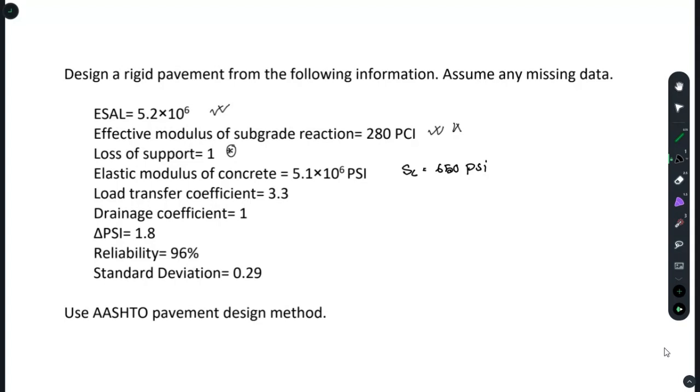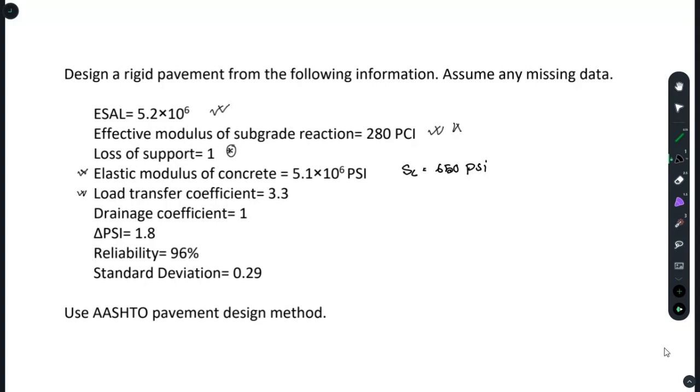and it has a range of values, probably 0 to 1. If it is 0, we don't consider there is any sub base. We just say we are laying our concrete slab on subgrade directly. However, then we'll consider the concrete parameter, as we are using concrete materials for our slab on which traffic will move. And you have an elastic modulus of concrete, 5.1 times 10^6 psi,